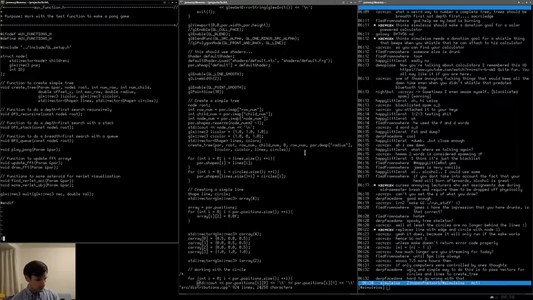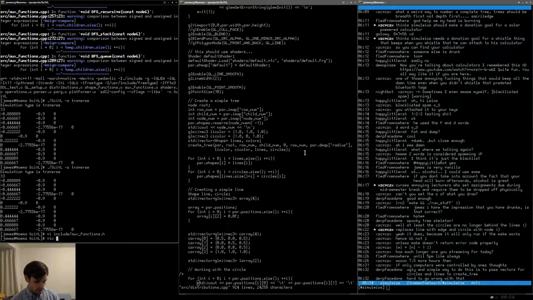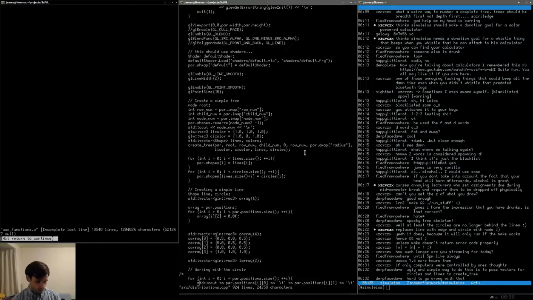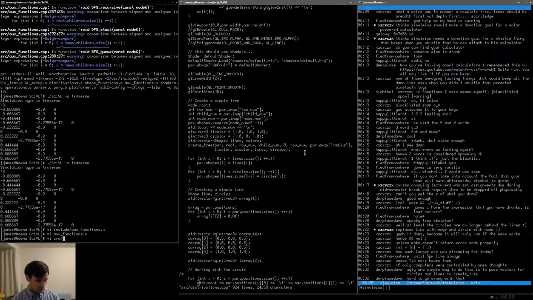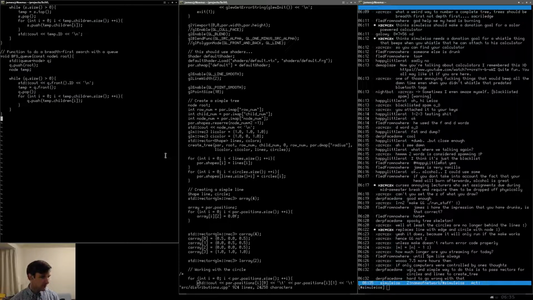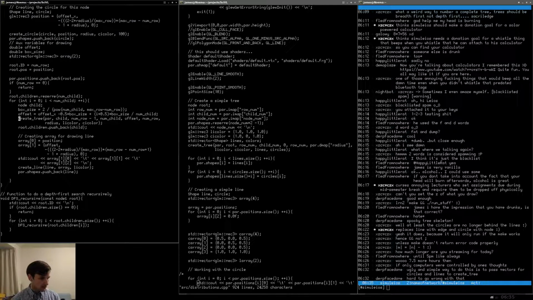Okay, add this in appropriately. So we're going to go vi aux functions. Oh, that's a binary. My bad. Vi source aux functions, and then we're going to pop down here and change create tree. Here it is, and we're going to do lines, circles,